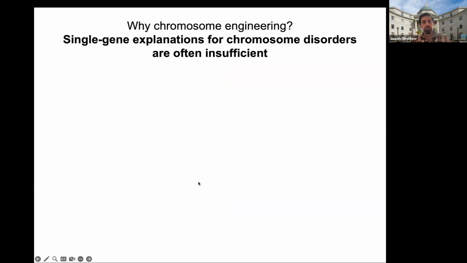A second motivation for chromosome engineering, for thinking about chromosome 8p not as a collection of individual genes, but as a rearranged chromosome, is that, in my view, single gene explanations for chromosome disorders are very often insufficient to really make tractable progress on thinking about how to address chromosome disorders. And this has been studied; I think that the best information we have here is from studies on Down